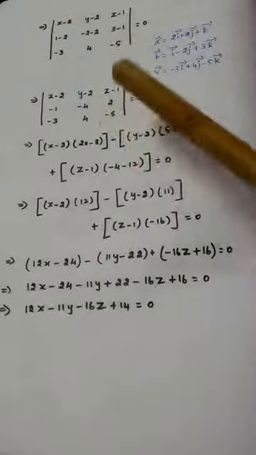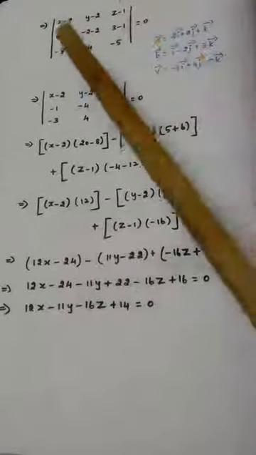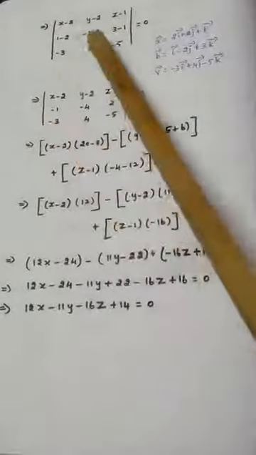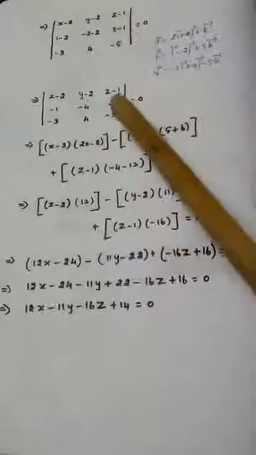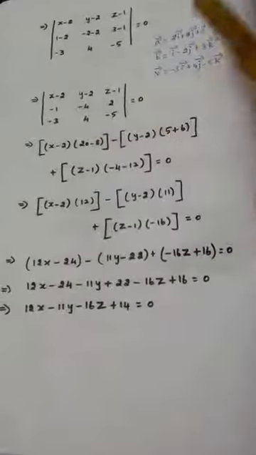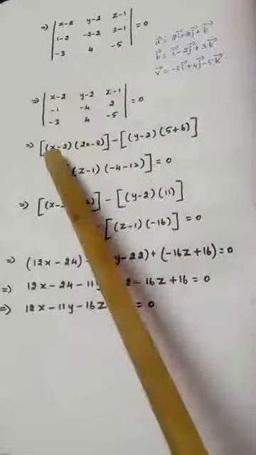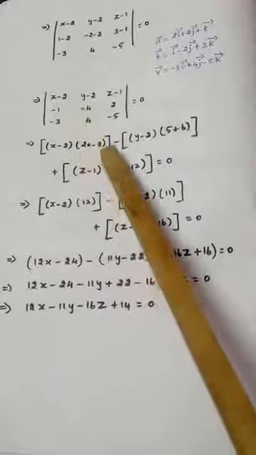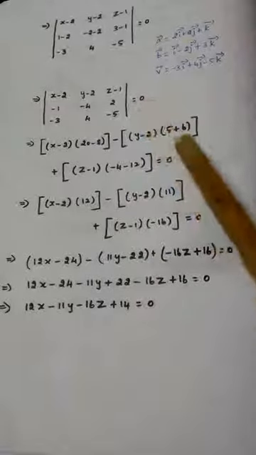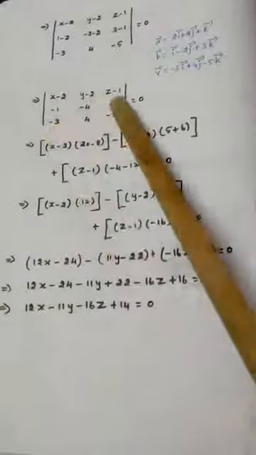I think you will understand these steps yourself, because this is nothing but a determinant value. Simplifying the second row, we get 1 minus 2, which is minus 1, then minus 4, and 3 minus 1 is 2. So first row, second row, third row, clearly equal to 0. Now the other thing is expansion. Expanding the determinant, you know very well, plus minus plus. So writing like this, how does 20 minus 8 come? Cross multiplying like this, how does 5 plus 6 come? Minus 1 into minus 5 is 5, minus 3 into 2 is minus 6.